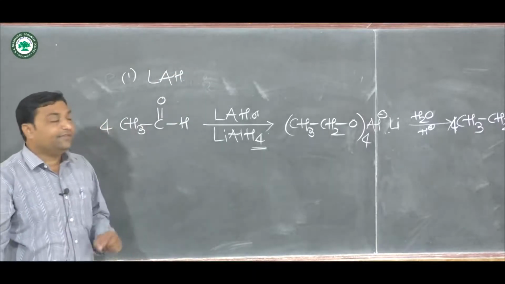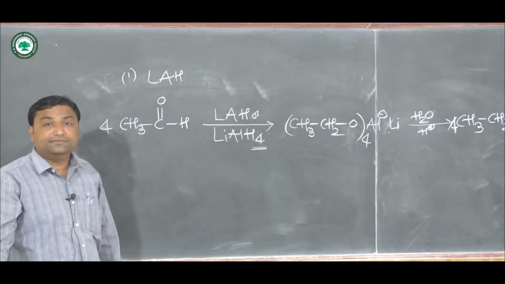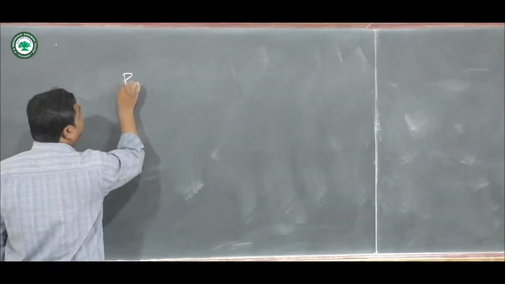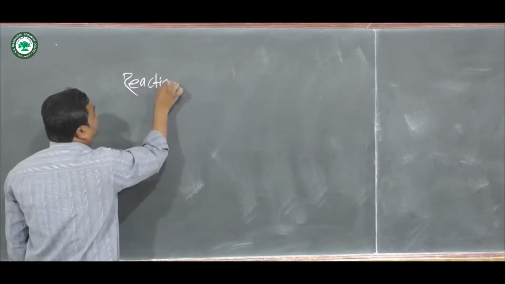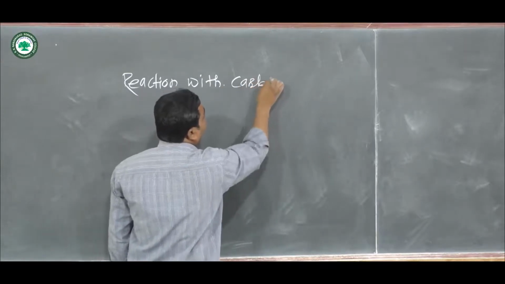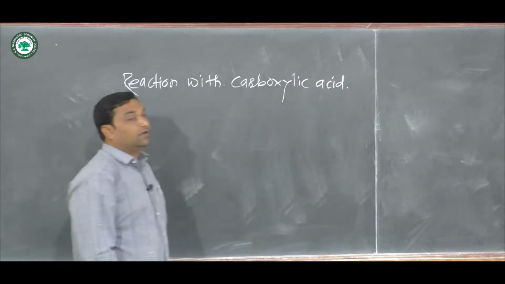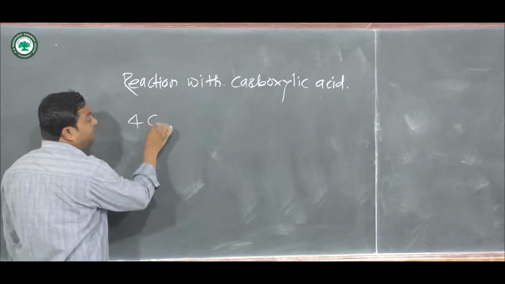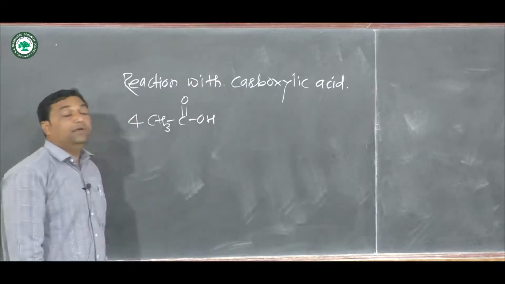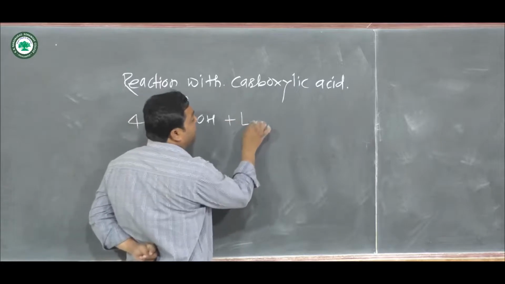Now, when this same lithium aluminium hydride is treated with carboxylic acid, that is reaction with carboxylic acid, for example acetic acid, it is an example of our main reaction. When this carboxylic acid is treated with lithium aluminium hydride,